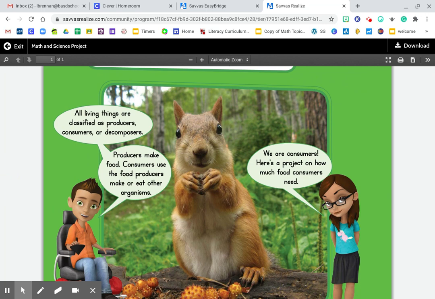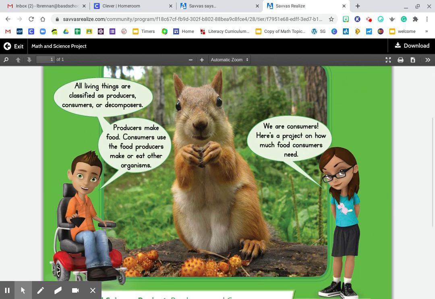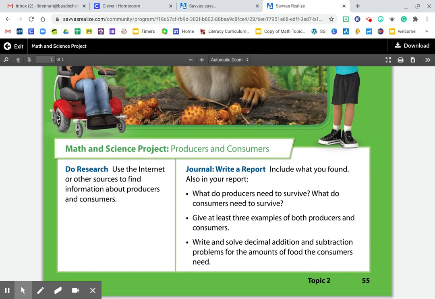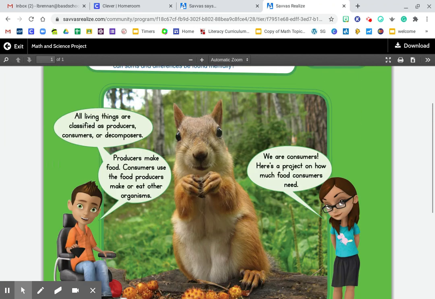All living things are classified as producers, consumers, or decomposers. Producers make food, consumers use the food producers make or eat other organisms. We are consumers. Here is a project on how much food consumers need. So here's a math science research project. You could write a report, using the internet or other sources to find information about producers and consumers. We're not going to be able to do this this week because we are not doing science, but these are some questions for you to look at. So moving along,